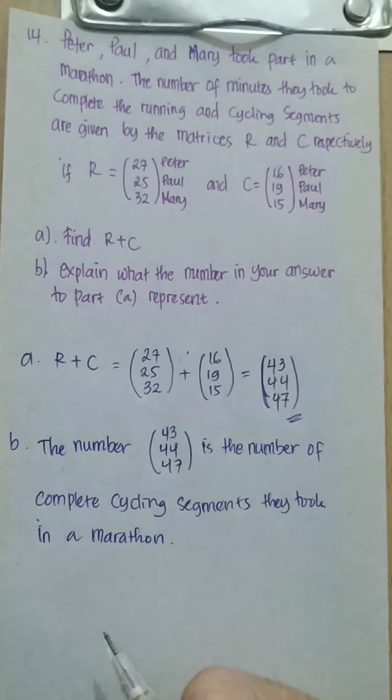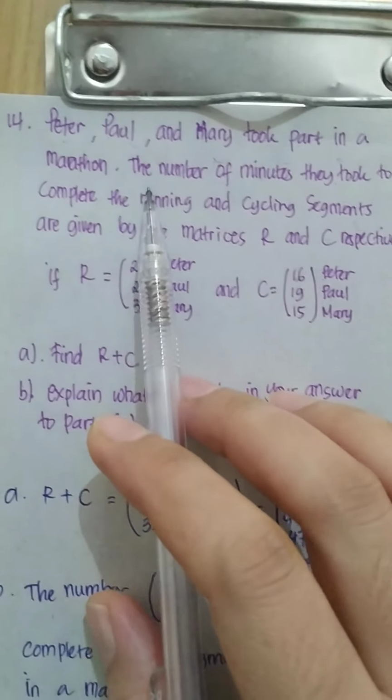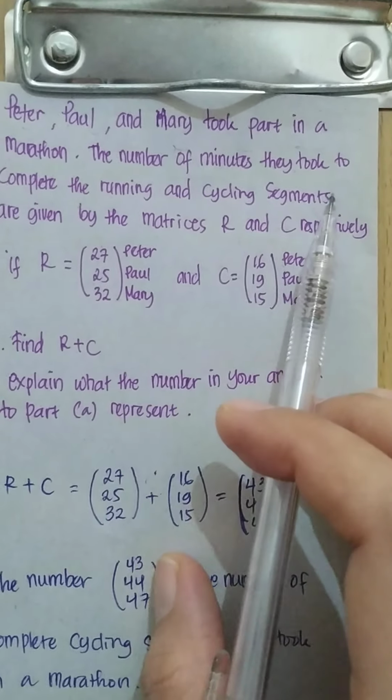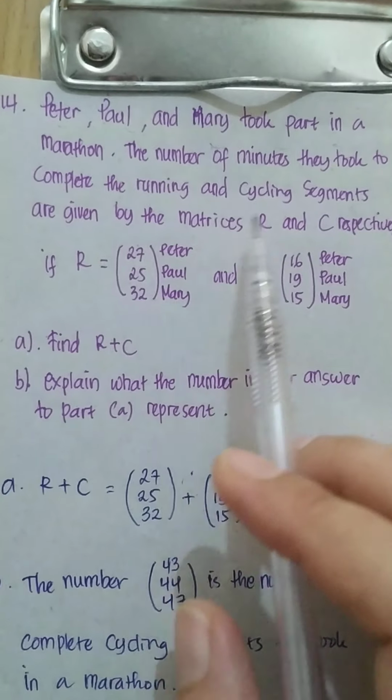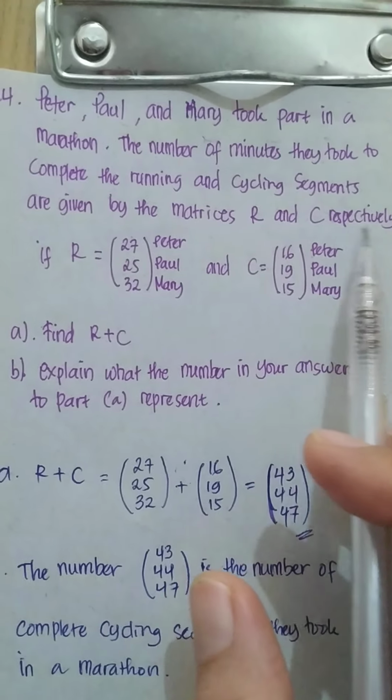Last number is the word problem. Ini tentang soal cerita. Ini saya bacakan. Peter, Paul, and Mary took part in a marathon. Marathon, ya lari marathon. The number of minutes they took to complete the running and cycling segment are given by the matrices R and C